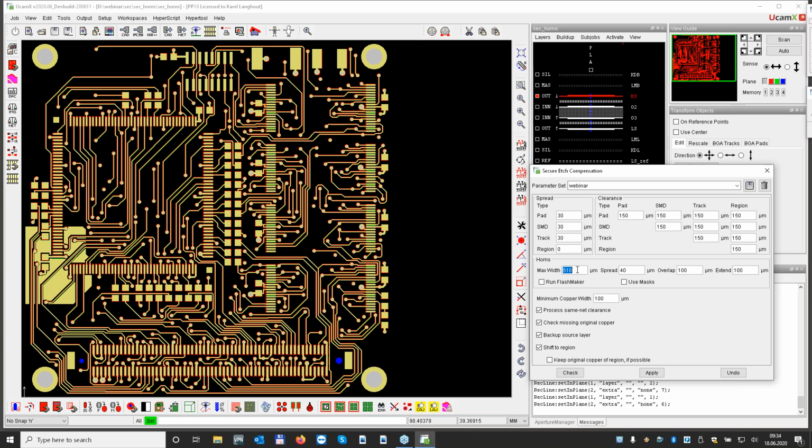Are rectangular or box-shaped pads with drills still considered SMD and get the spread for SMD? Well, yes, they all do, because it's running on all the boxes and it doesn't check if a drill is passing through or not. But I think that normally you will have very small pads, so you will have 250 micron pads. And I don't know if you want to do a 0.7 drill on a 250 micron pad.